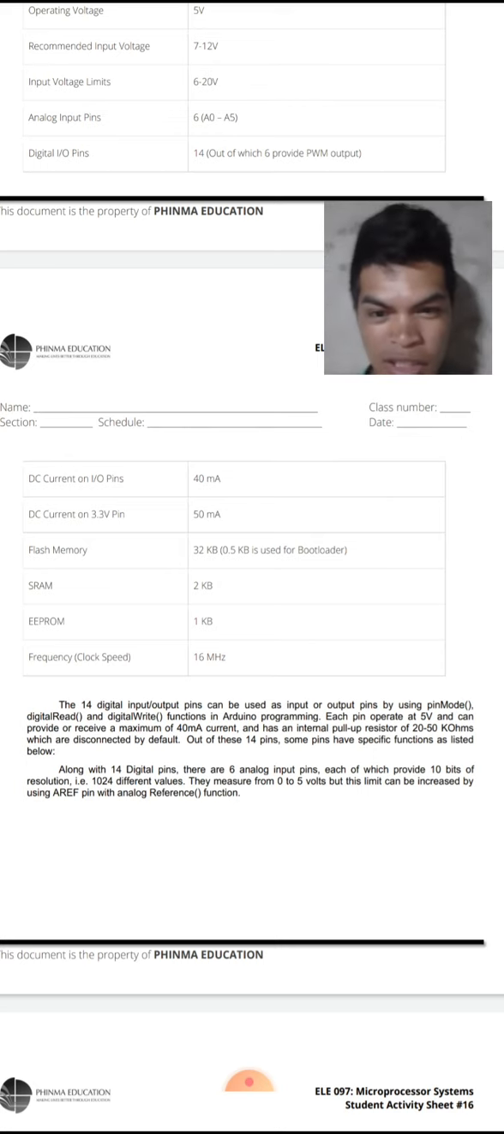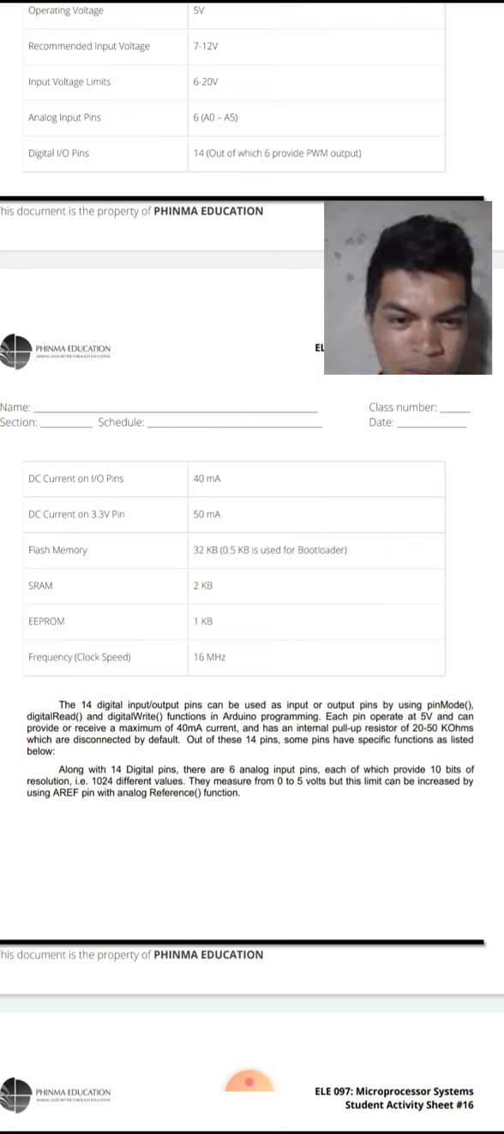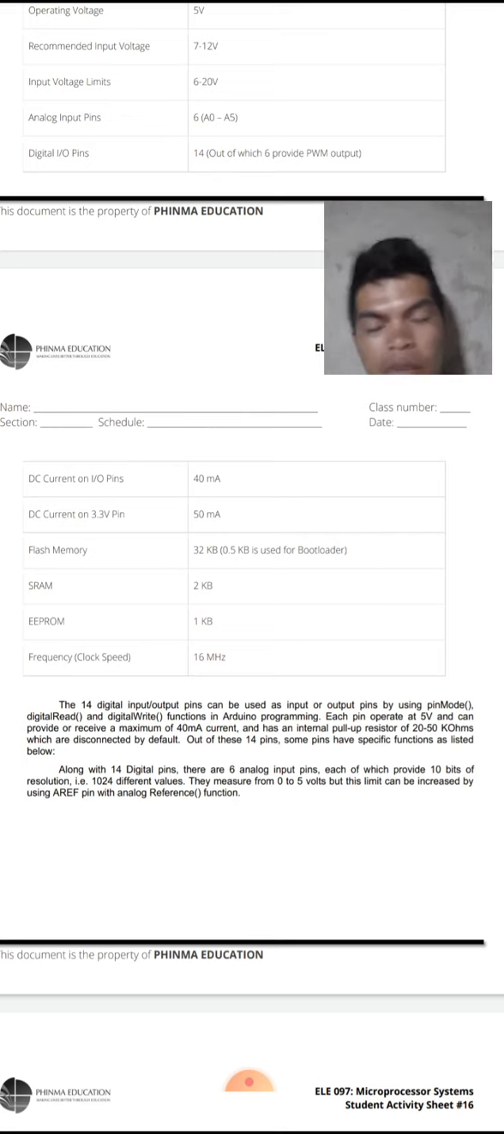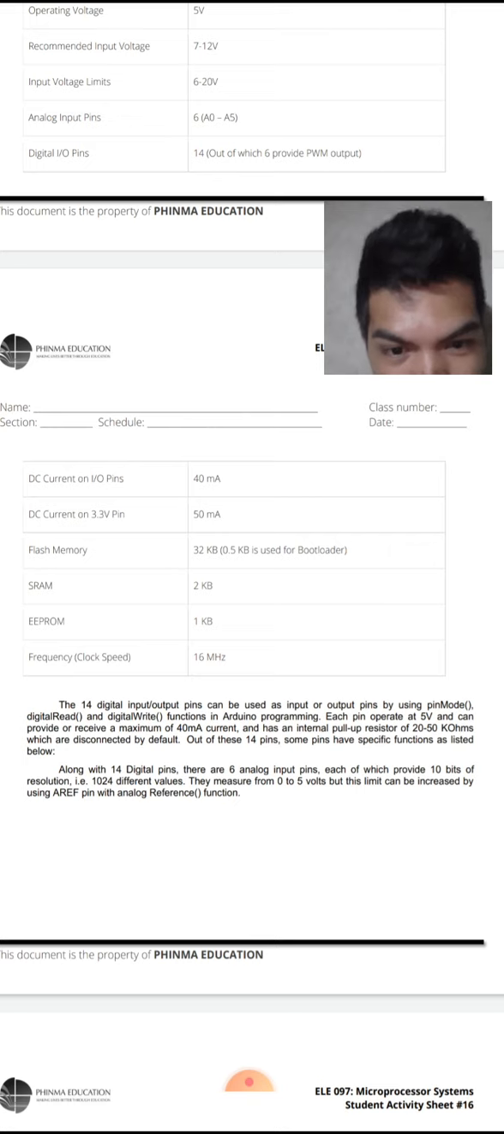The 14 digital input or output pins can be used as input or output pins by using pinMode, digitalRead, and digitalWrite functions in Arduino programming. Each pin operates at 5 volts and can provide or receive a maximum of 40 milliamperes. So it operates at 5 volts and receives 40 milliamperes, which is the max current it can receive. And it has an internal pull-up resistor of 20 to 50 kilo ohms. That means the pull-up is about 20 to 50 kilo ohms,